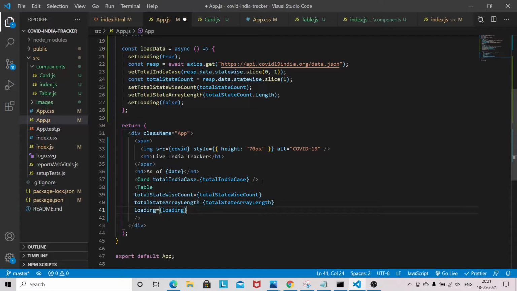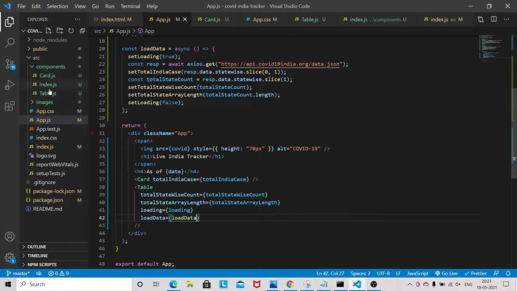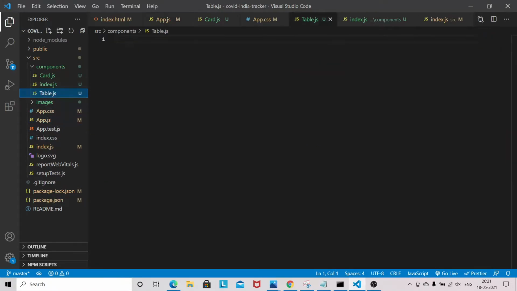I think as of now this is enough. And load data also we need to send. Okay, so let's come to the table component.